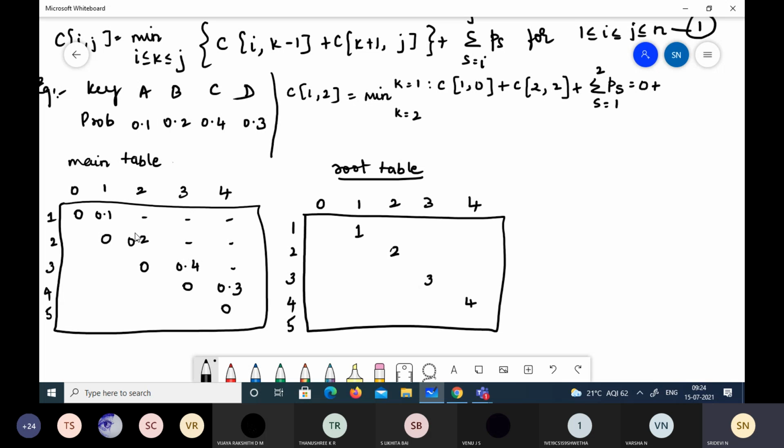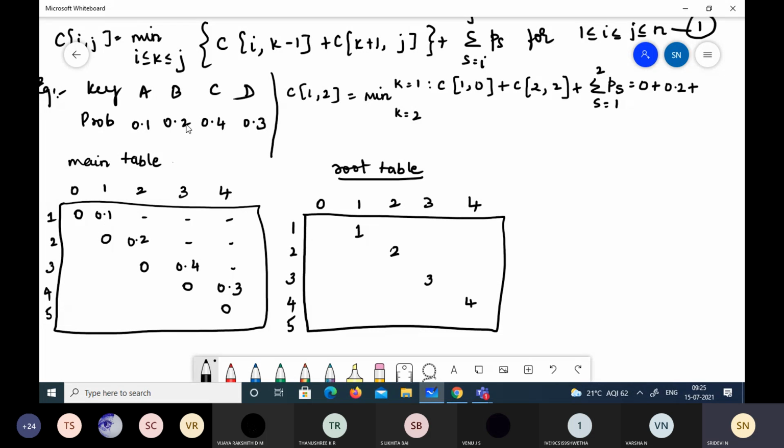C of 2 comma 2 is 0.2, plus now you have to take the probability at level 1 and 2, P1, P2.